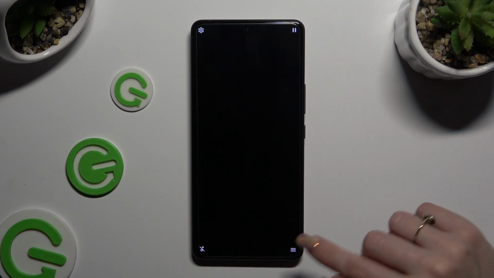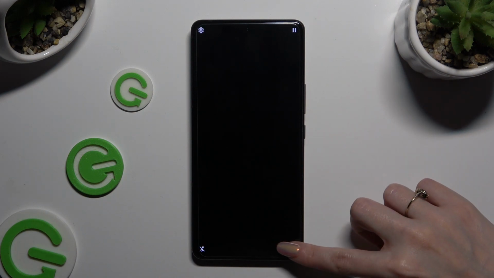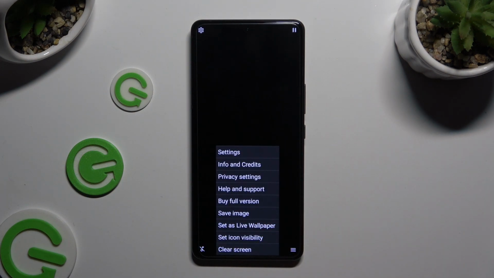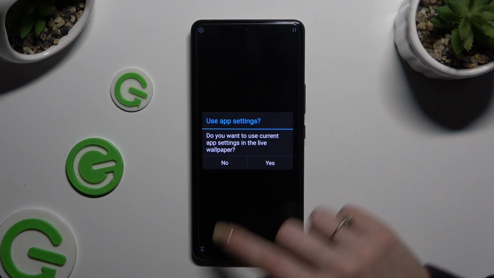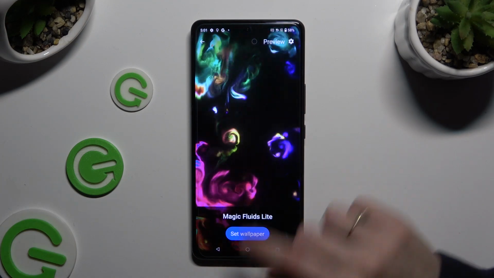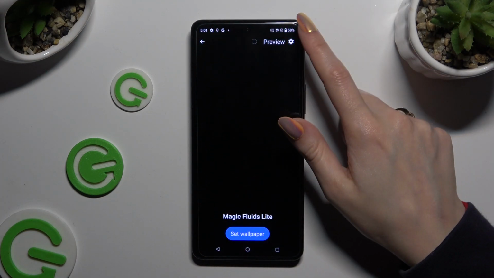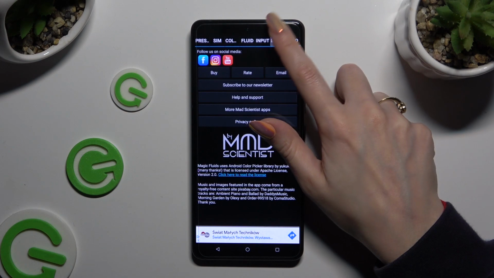Following that, select those three lines at the bottom right one and select Set as Live Wallpaper. Then click on Yes and tap on this gear at the top right corner to manage all of those options